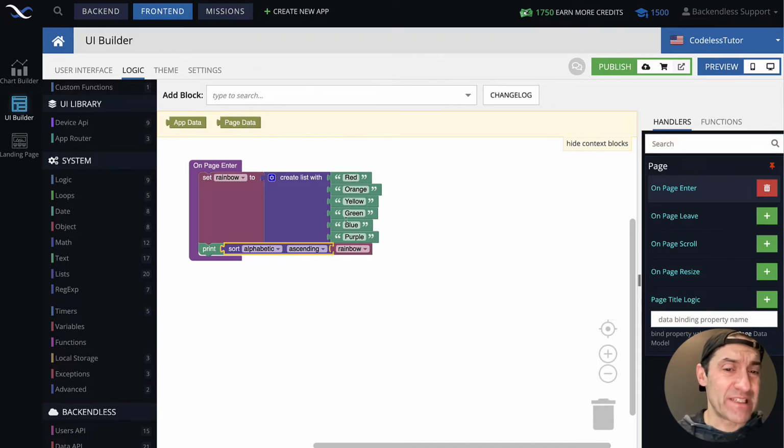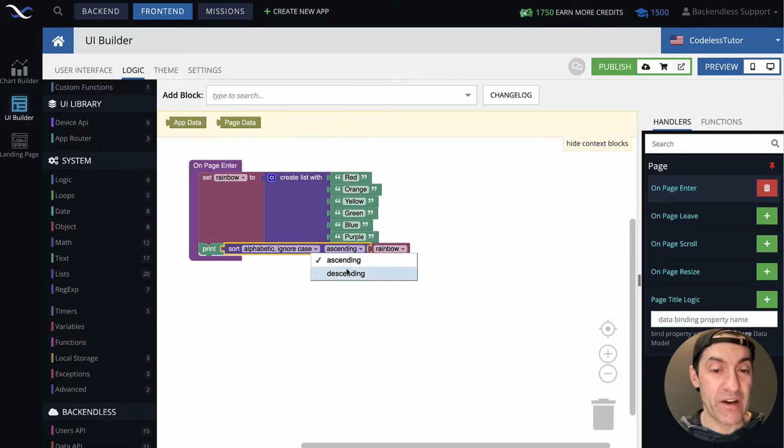Since every string starts with an uppercase letter, the case sensitivity doesn't really matter. But if you want to completely exclude case sensitivity, then select alphabetic, ignore case. Then uppercase R and lowercase r are going to be treated exactly the same.